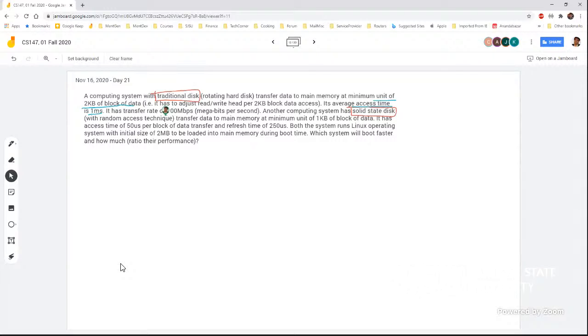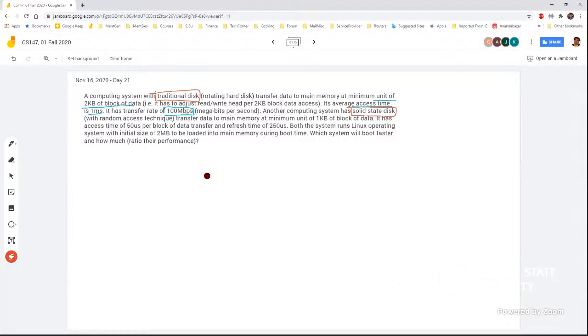So here you notice that in Mbps, the b is small, lowercase, right? This means it is bits per second. It's not bytes per second, it's bits per second. Okay, Mbps, megabits. So that is given for the traditional disk, and for the solid state disk, it says that